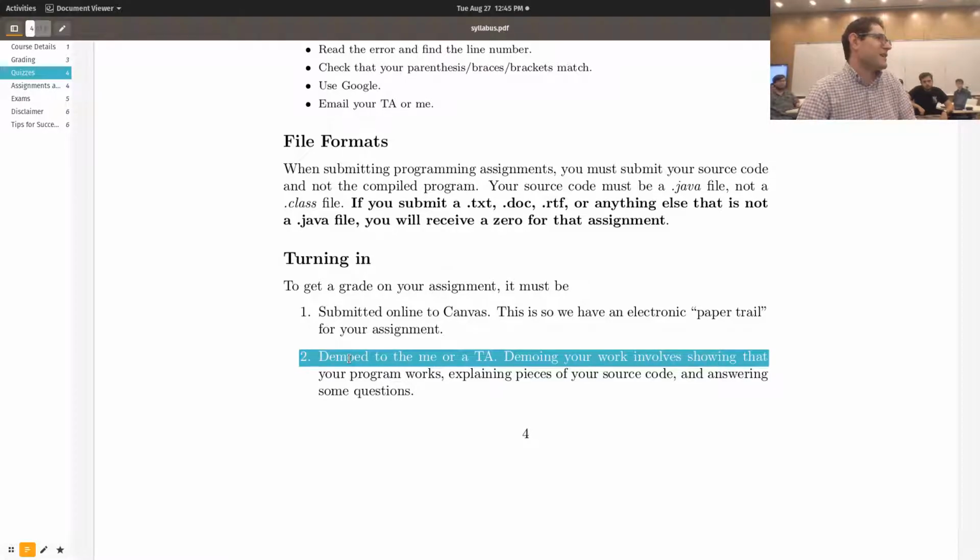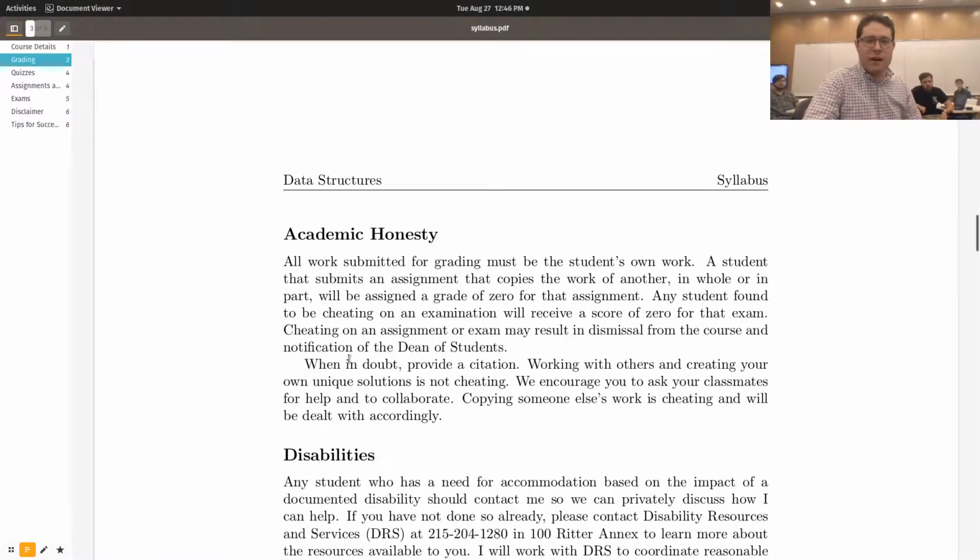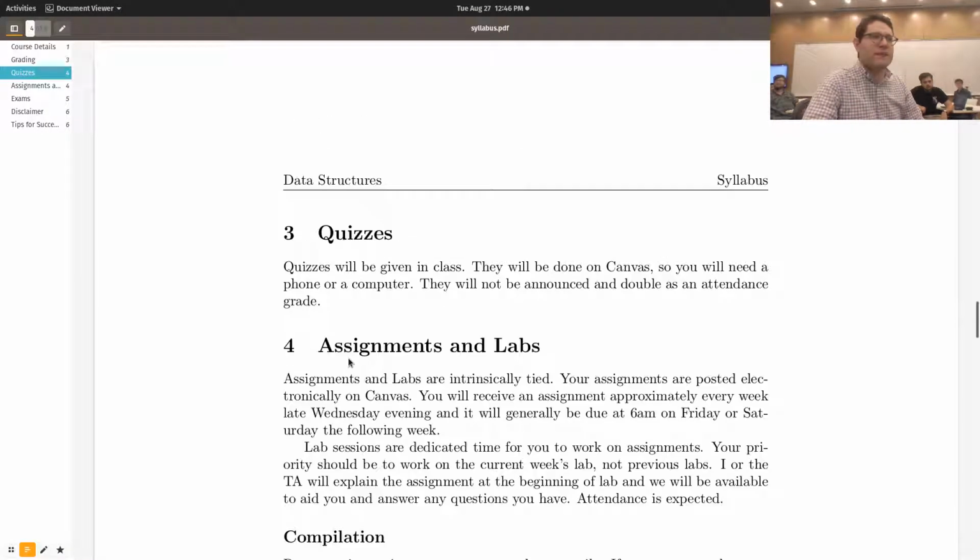It's also a good way for me to catch cheaters because I do generally remember whether I've seen something before. Sometimes it's because you have similar code to someone else since you were working together at the same table and exchanging information, which is perfectly fine. I like collaboration. But sometimes it's weird: you're doing a graph, but it's a tree. That totally happened a couple semesters ago. Anyway, try to get your demoing done within 2 weeks of actually turning it in.